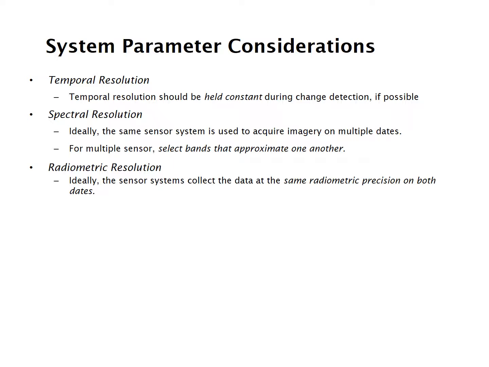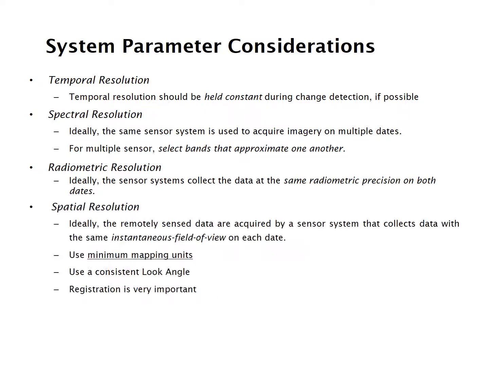Radiometric resolution. Ideally, you have the same radiometric precision on both dates. In other words, the accuracy at which you measure certain things is going to be constant. And spatially, you want the same instantaneous field of view, the same angles and all that sort of stuff, minimum map units, whatever. You want to have the same angles, so the registration of the individual images is kind of